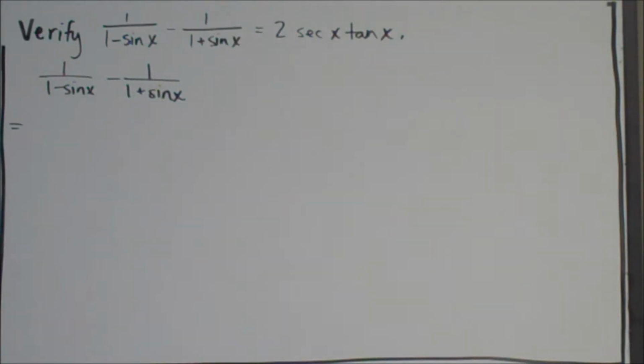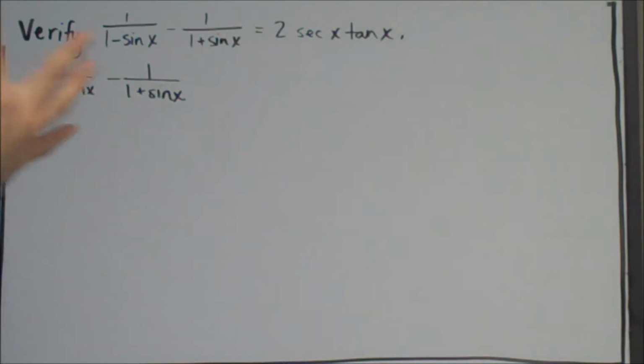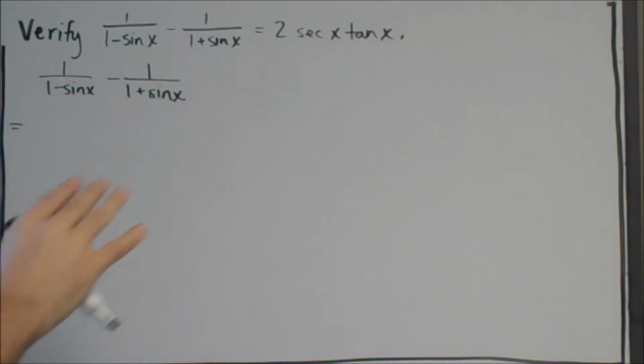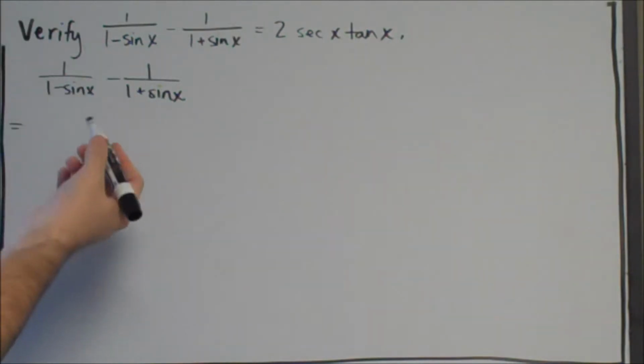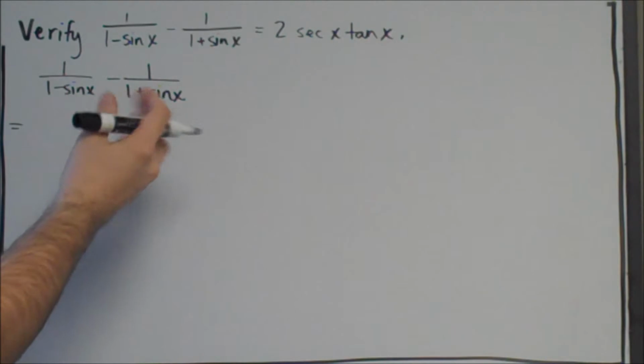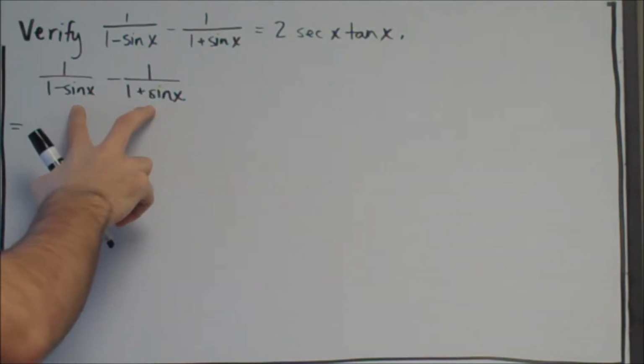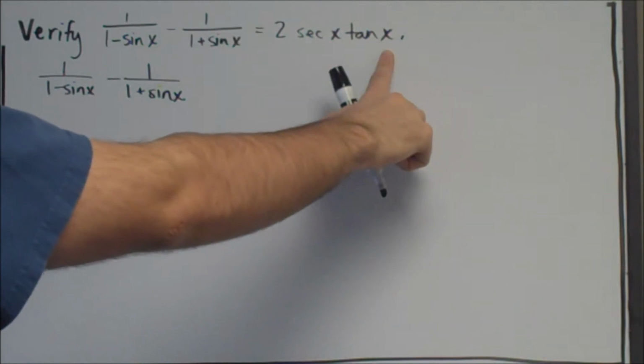So another guideline you can use for proving these identities is to write what you have on this side of the equal sign in terms of sine and cosine. So this already has sines in it, so we're good. We don't have to rewrite it in terms of sine and cosine. It already is. So the next guideline you can use is that if you have fractions like this, you need to combine them to get one fraction, because here we have two fractions. Here it's just one term.